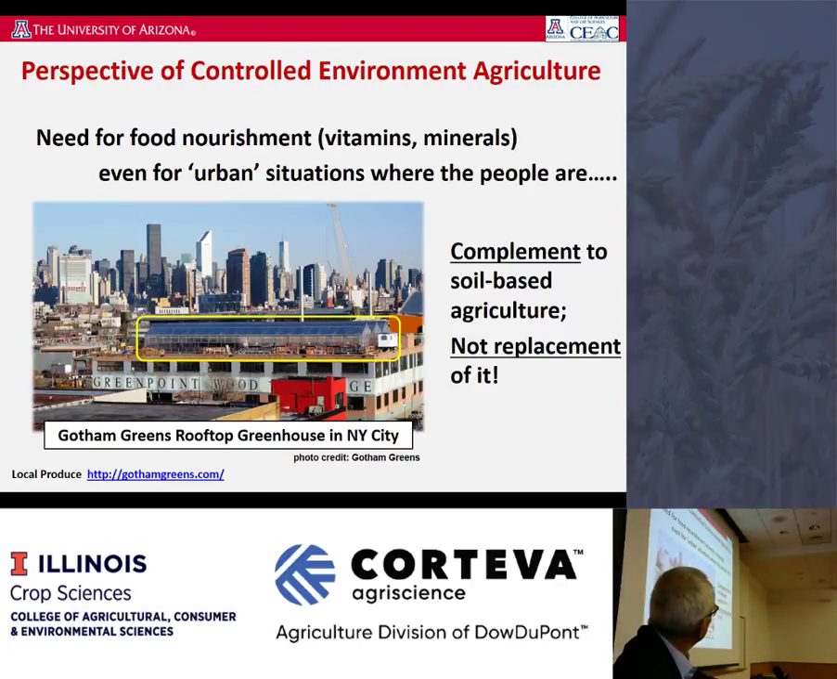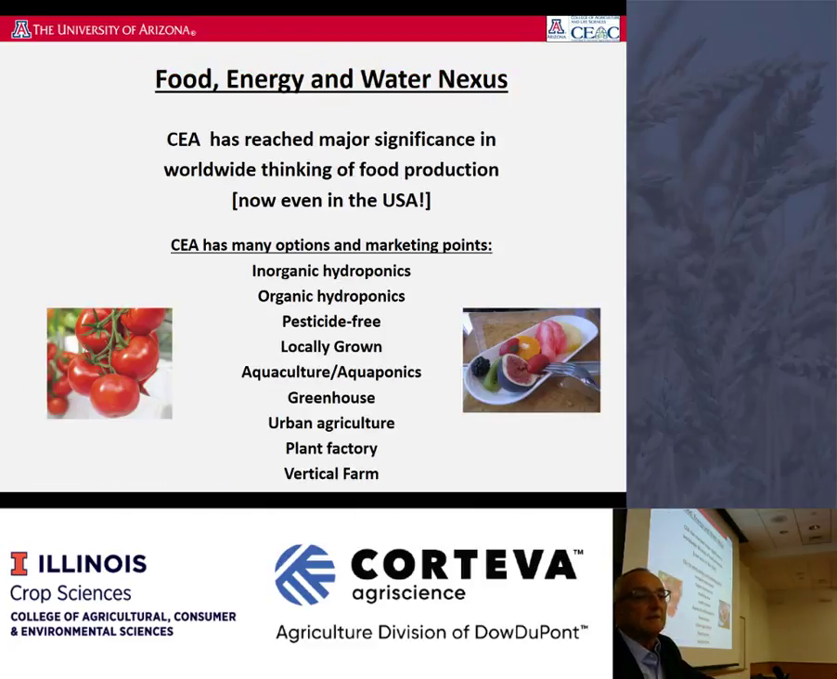But there it is in Brooklyn, overlooking Manhattan in New York City. And you'll come to find out this is Gotham Greens, and it was started by one of our women who graduated from our program and teamed up with 2 others and created this facility, and we'll look at numbers about that in a moment. The food, energy, water nexus and the interest that the USDA has right now is very